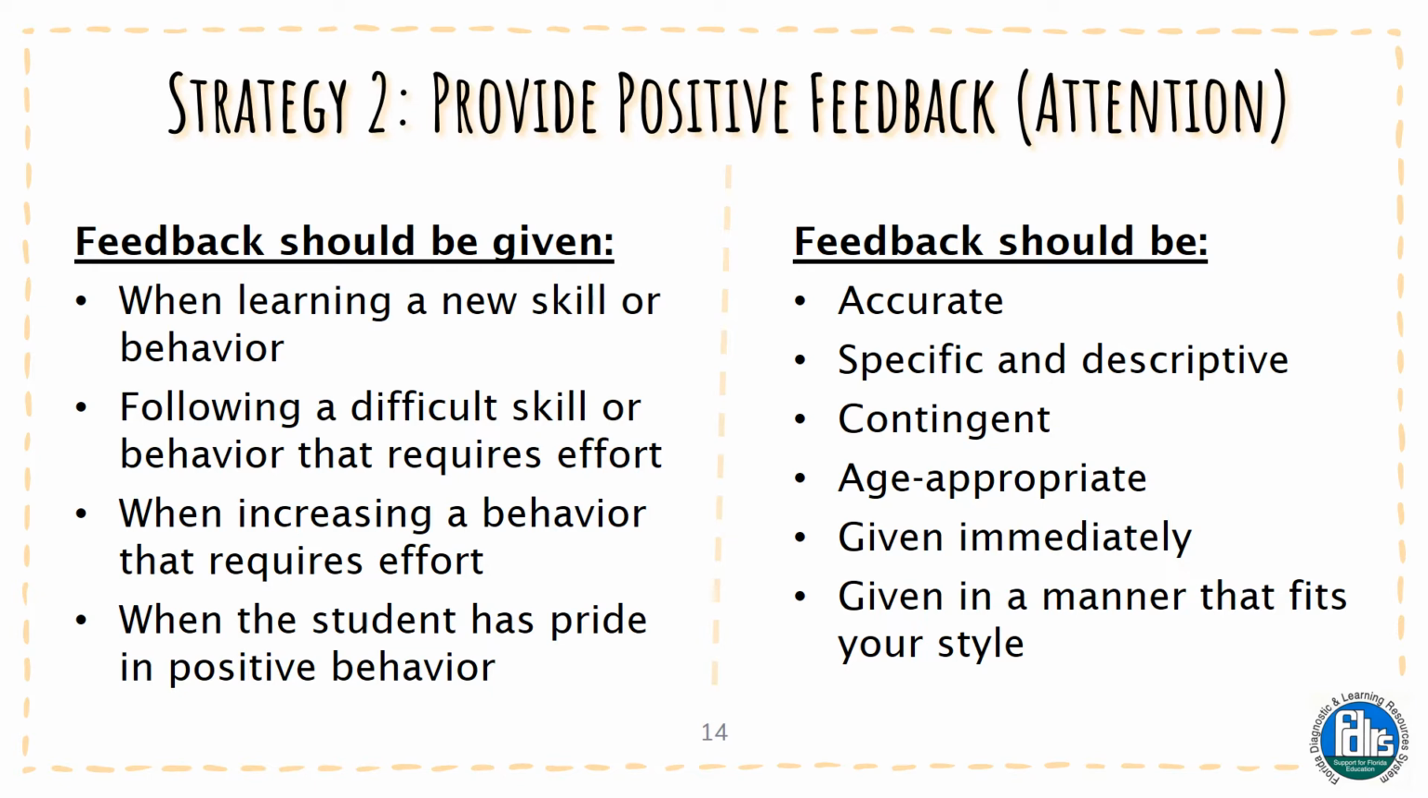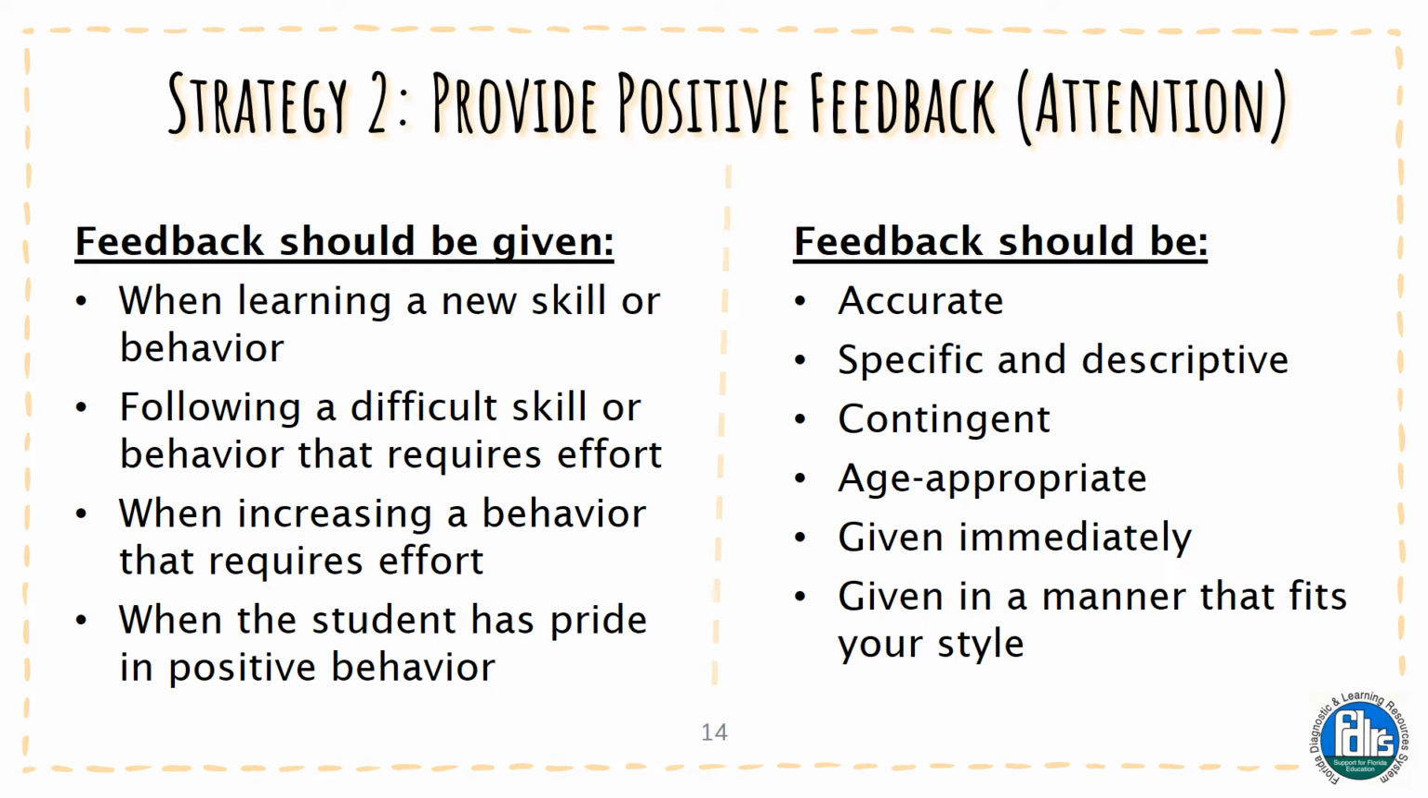Don't make something up. It should be specific and descriptive. Avoid generalizations like "good job" or "way to go." Make it contingent. Feedback should be contingent on something. Make it age appropriate. So if they're in high school, don't give them feedback like you would give a kindergartner. Give it as soon as possible, so as immediately as you can, and give it in a manner that fits